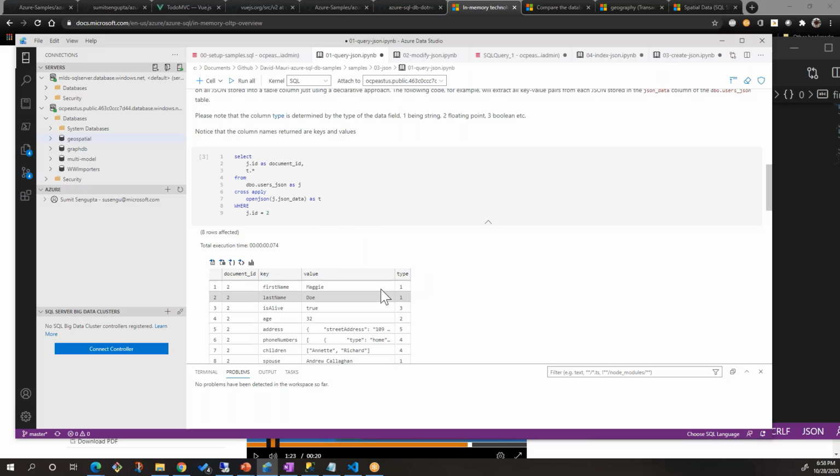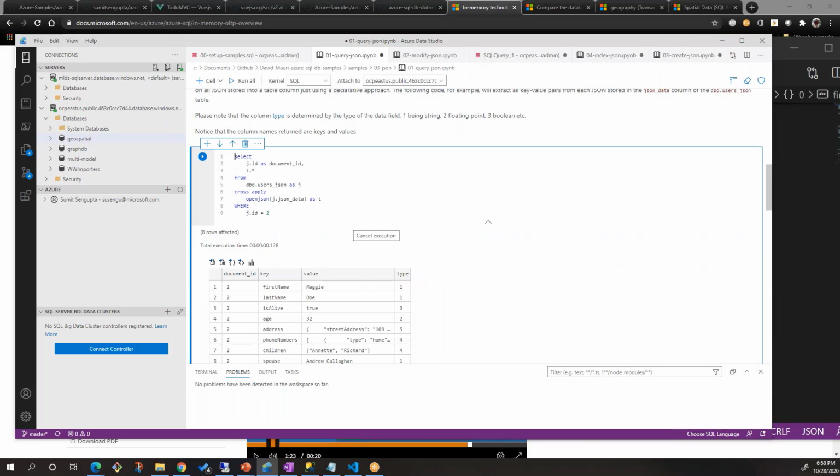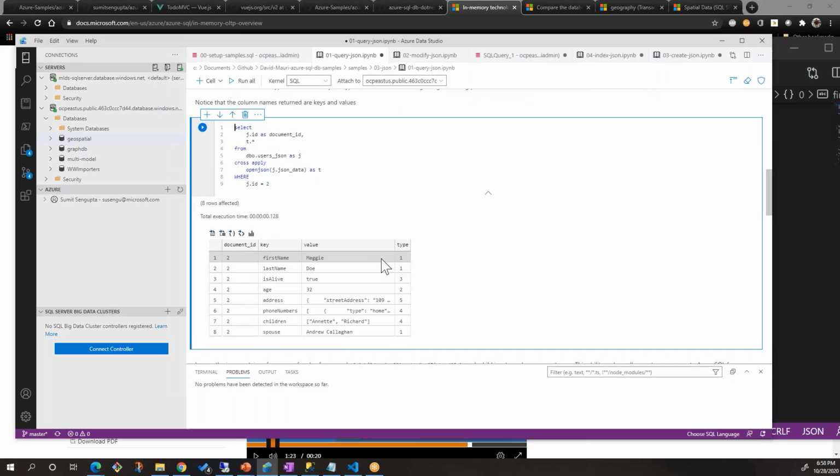Just to make life simple, we're pulling it for only one user, and we get the information for Maggie Doe. Again, the idea is that we took the whole document, parsed it into the different fields and put them in different rows, and it appears as if it's coming from a single relational table, with a different structure, of course.